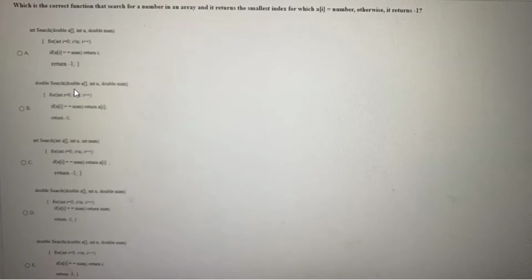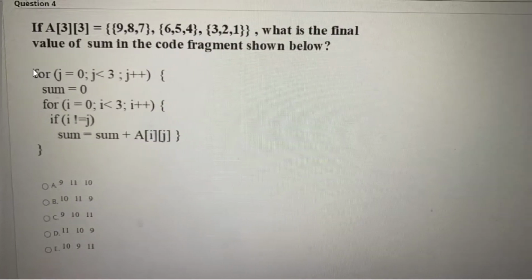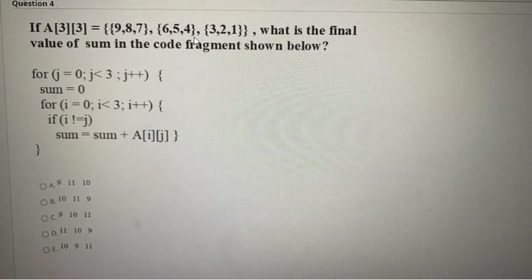So the option which is correct for this question is option C, that is int search(int array[], int n, int num) for (int i = 0; i < n; i++) if array[i] is equal to num, return i, or else return -1.